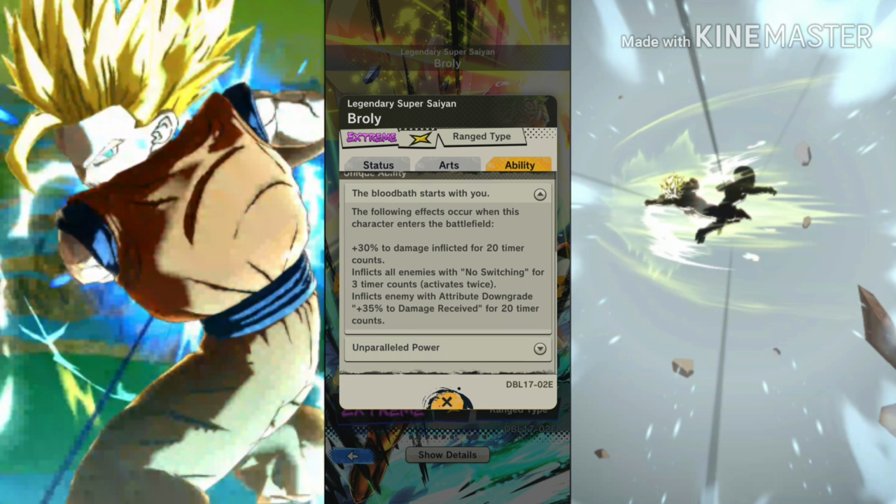Anyway, his unique ability, the first one, the Bloodbath, starts with you. The following effects occur when this character enters the battlefield: plus 30% to damage inflicted for 20 timer counts, inflicts all enemies with no switching for 3 timer counts, activates twice, and inflicts the enemy with attribute downgrade plus 35% to damage received. So basically he destroys the enemy's defense, he locks the enemy, and he increases his own damage,